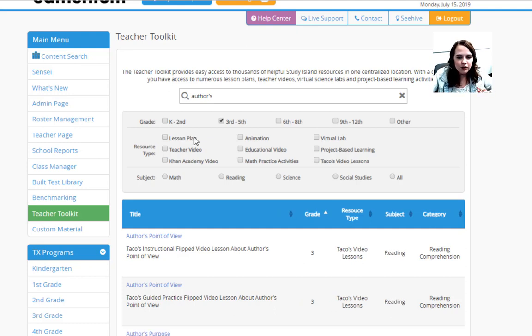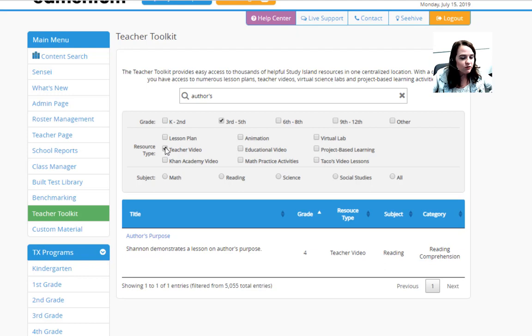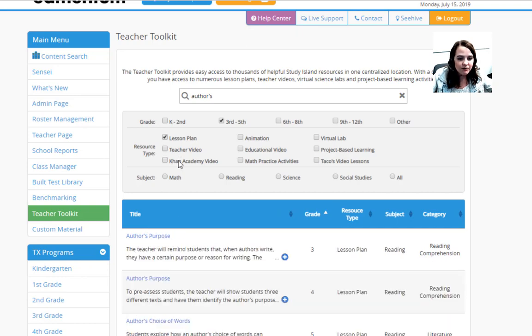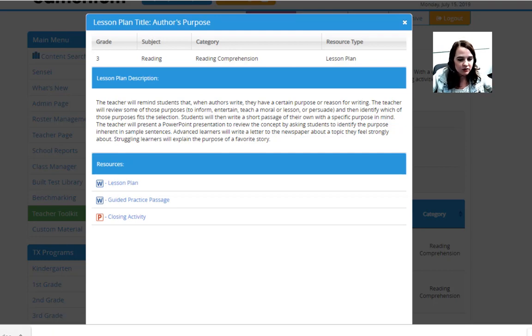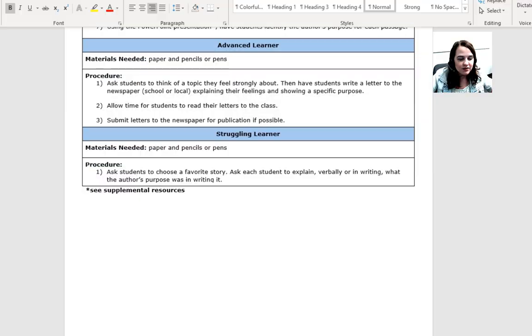Let's say I don't want a video lesson, I want a teacher video. I want something to teach me a little bit about how to teach this. I have this right here. I can pop that open if I'd like. I also have a lesson plan, so I'm going to pop open that lesson plan, and we're going to take a look right here. This is for 3rd grade author's purpose. I'm going to pop that lesson plan open,